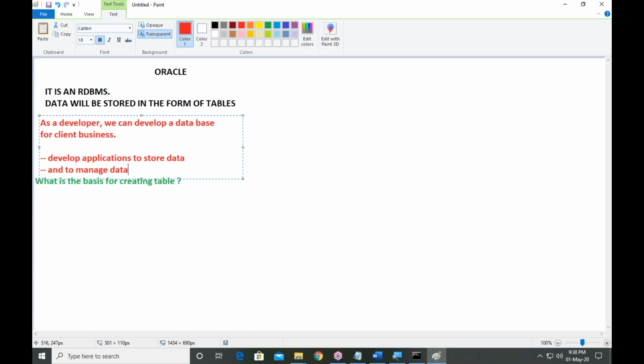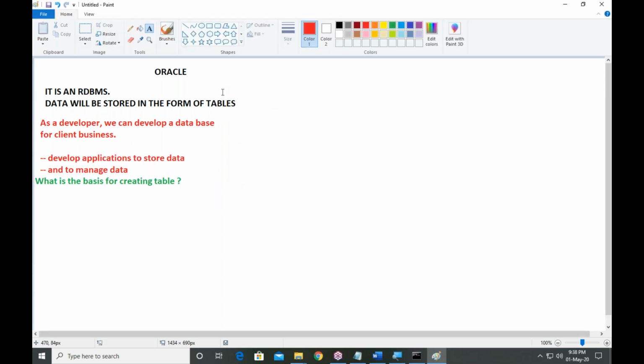So first we need data. The data should be stored at one place. That place is called a table. How to create a table? What is the basis for creating a table?